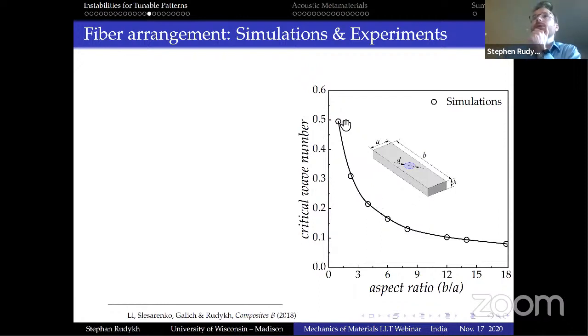And again, these are the predictions of the critical wave number. We can see that there is quite significant tunability, also for quite a large span of aspect ratios, but the factor here is 5. So basically you can tune the wavelengths of all these buckling patterns by a factor